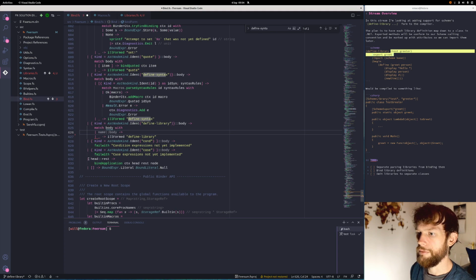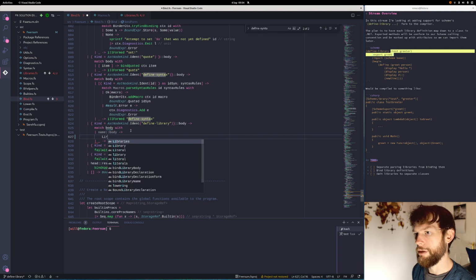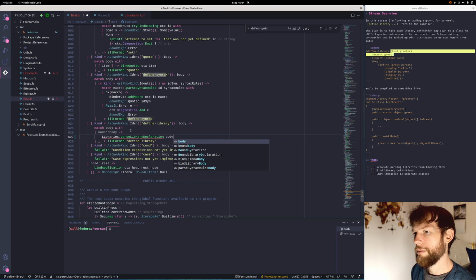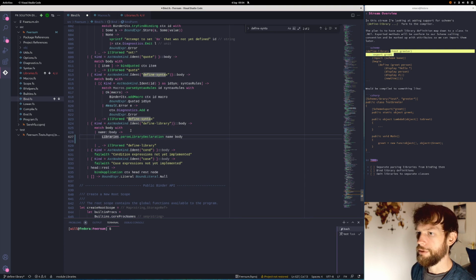We don't have bind library name or anything like that, but we could do libraries parse name and body, and we can do a match over that. If we get